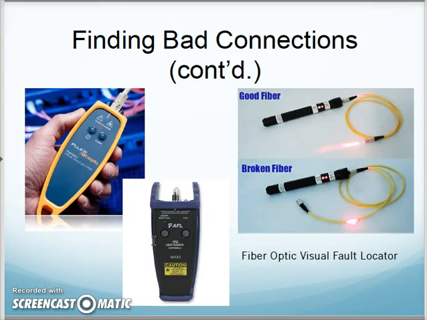Okay, and our visual fault locator, this guy here, is basically a light source that I'm going to send into my copper cable, or excuse me, my fiber cable, and if it goes the whole way through and out the other end, we're in good shape. If not, we know where the break